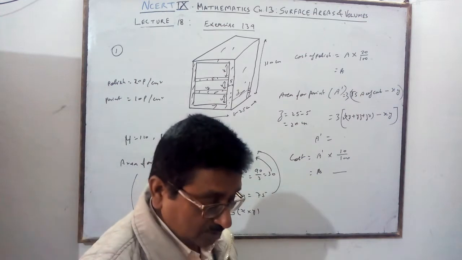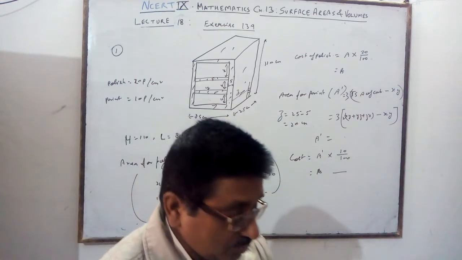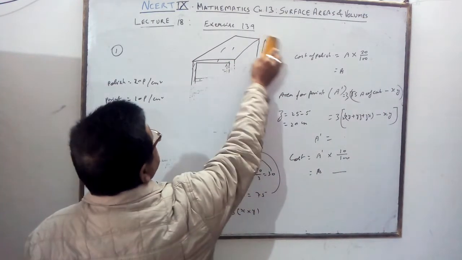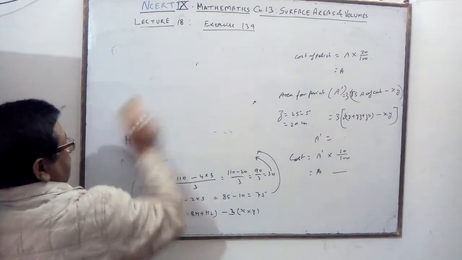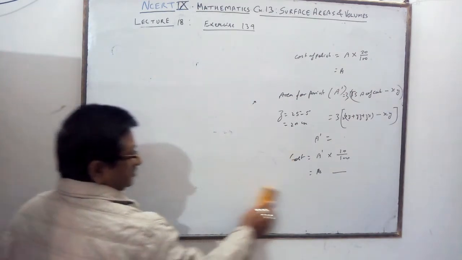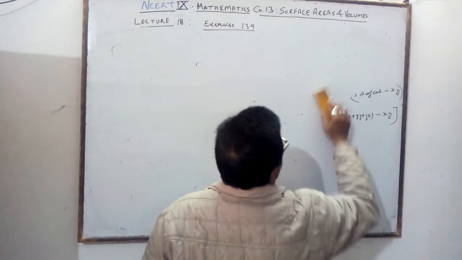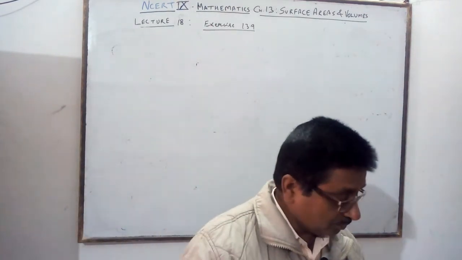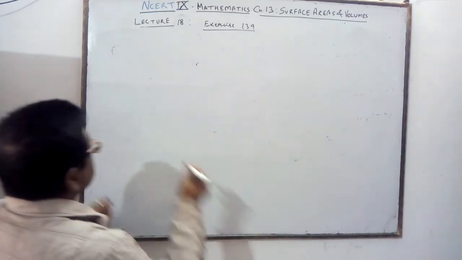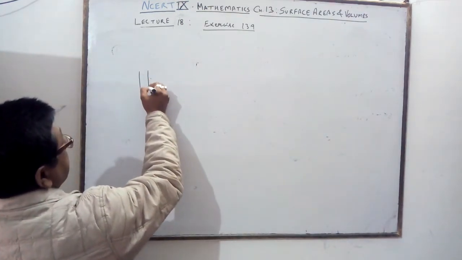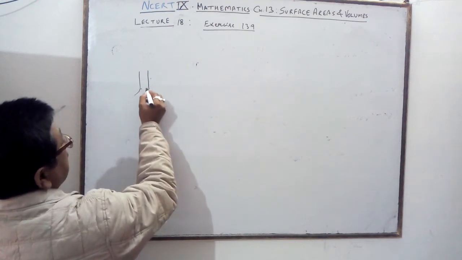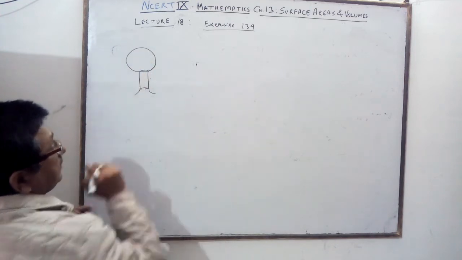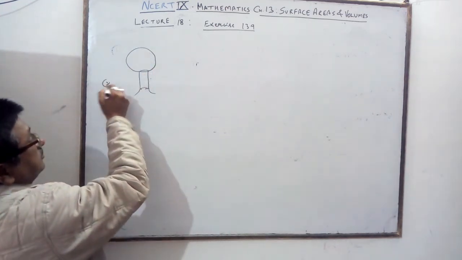Now question number 2. In question number 2 it is given, there is a show lamp. It is an optional question. There is a show lamp. The lamp is given as a cylindrical part with a globe. You are getting it like this. Here is this wall, and this is covering this sphere. Like this you are getting question number 2.